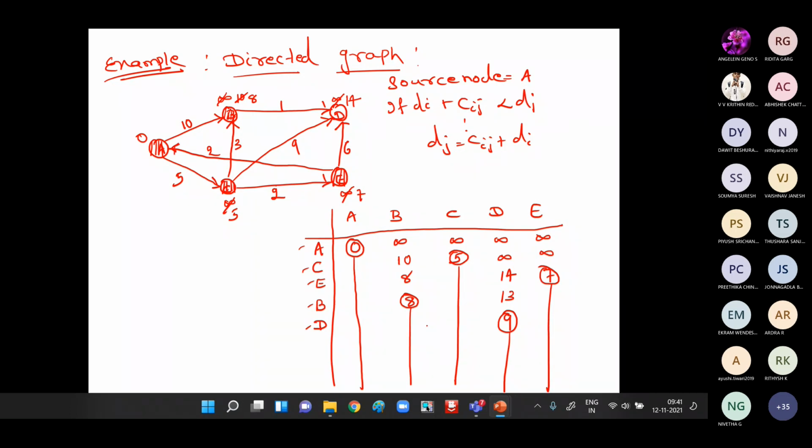Okay. So shortest path from A to E. A to A is 0, A to B is 8, A to C is 5, A to D is 9, A to E is 7. And what is the path we have to follow? You can better make it from the table itself. Now guys, for example, A to E it is asked, right? 7. So how do you say the path also? A to E is 7. As per the tabular column, we fill the data as 7. What is the shortest path?